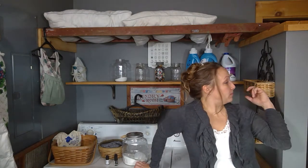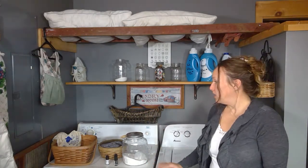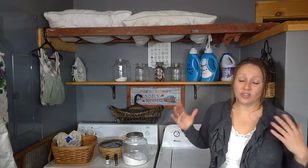This dryer we've had for, oh my gosh, I can't even remember, years and years and years. Oh my goodness, better find some wood. Let me find some wood. We've had that dryer for years and years. So this is our, oh, and